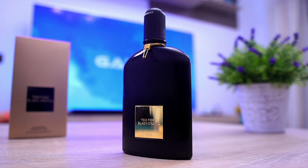Quite on, let's say, the expensive side of things when it comes to pricing about Black Orchid EDP, but in my honest opinion, it's worth every single penny. And this is one of those fragrances that you really need to have in your collection, especially if you are a collector. Huge recommendation from where I sit, but as always, do buy a decant or a sample, wear it